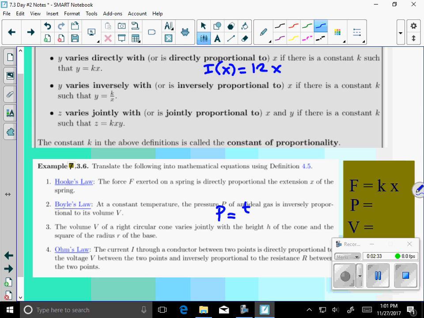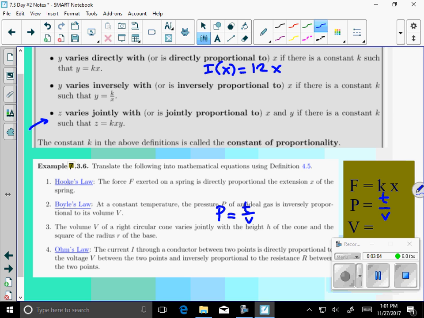Yeah, T over V, right, at a constant temperature. So as long as T stays put where it is, it doesn't change, that constant temperature, the two will vary inversely. So as the volume increases, what happens to the pressure? Decreases. Or as the volume decreases, the pressure will increase, as long as the temperature is the same. So we could say over here, P equals T over V. All right,